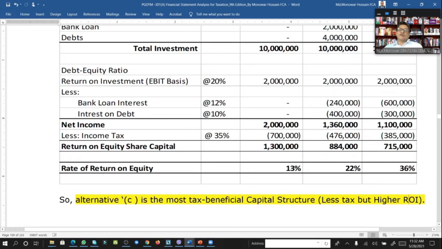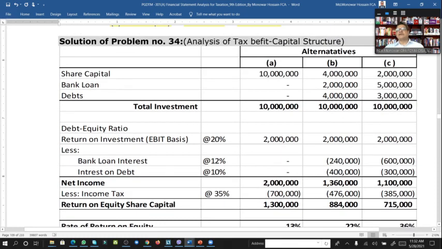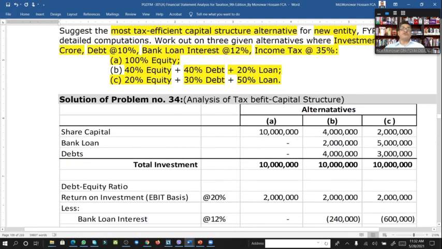So that's why, as a tax adviser, you have to advise your client that you should choose, in this case alternative C, that means a structure that would be more effective than any other structure. Here 20% equity, 30% debt, 50% loan. Okay sir,